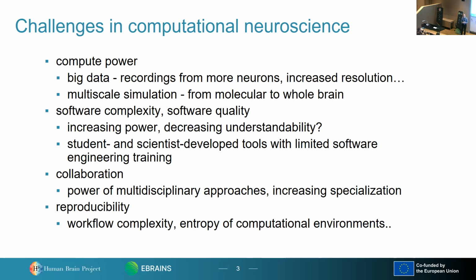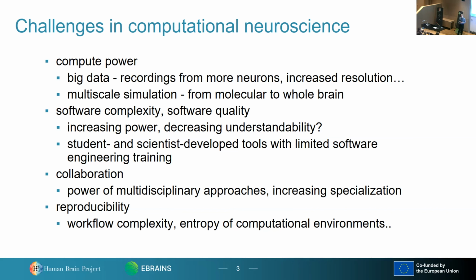field. A third challenge is the need for collaboration. Again, since we're now starting to take data from many different parts of the brain, we're discovering that we get a lot more from multidisciplinary approaches. And so we need to get people from different fields with different expertise. Even within a field, people are increasingly specialized. And so multidisciplinary can even be within a field these days. So we need tools which can help with this collaboration.